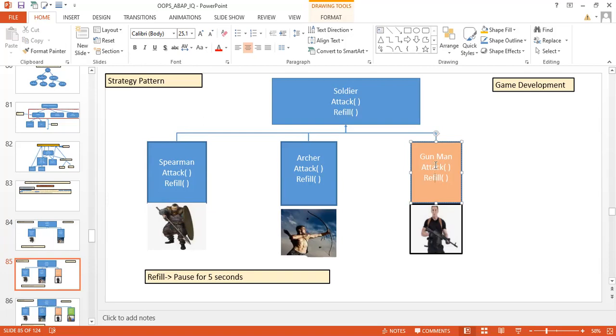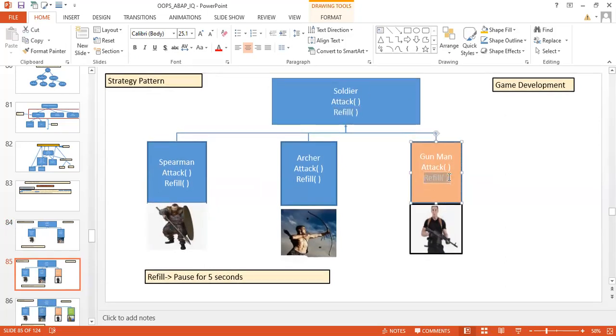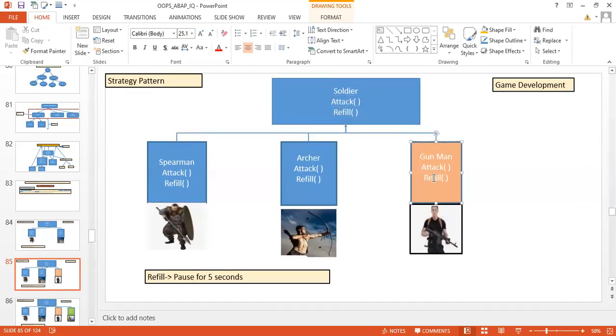The refill functionality for gunman is again going to be different than the refill functionality of this soldier. So here also you will have to redefine, and here also you will have to redefine. If you have marked both as abstract, then it's fine, you can redefine.